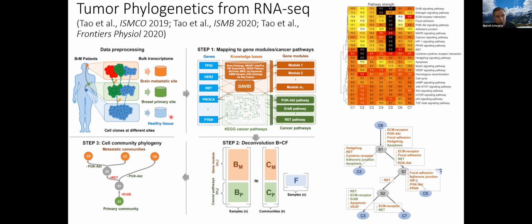Just as an aside, this could probably be a whole talk about knowledge-guided machine learning, the different ways we bring in knowledge about pathways we know to be important in cancers, gene modules and pathways we presume to exist but don't assume we know about in advance, giving yet another way of building phylogenies and finding out how those are reflected in functional activity of tumor cells or populations of tumor and non-tumor cells within a cancer. And that is just to illustrate that there are many ways of doing this, each of which has complementary advantages